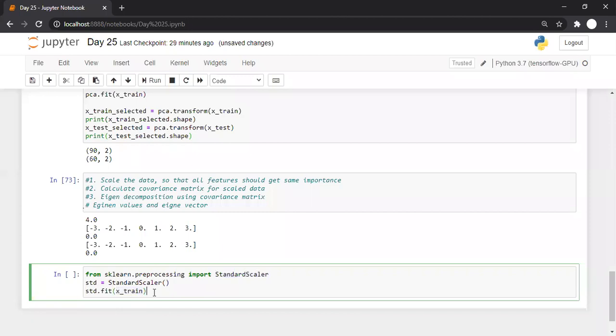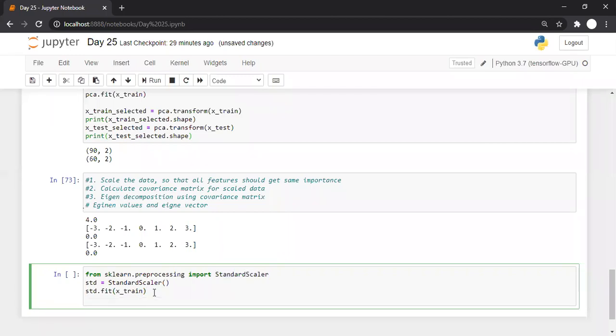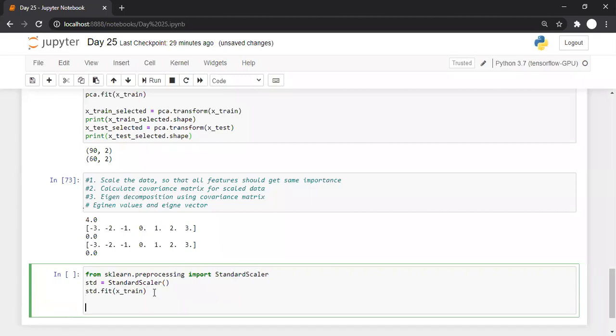That is, it will calculate the average of all the columns. Once the average for all the columns is calculated, the next thing is to apply that. So we'll go for std.transform, and to this transformation we will pass X_train, and it will return the transformed data.